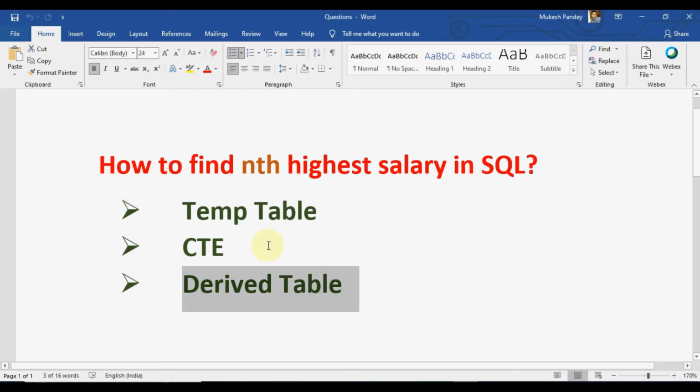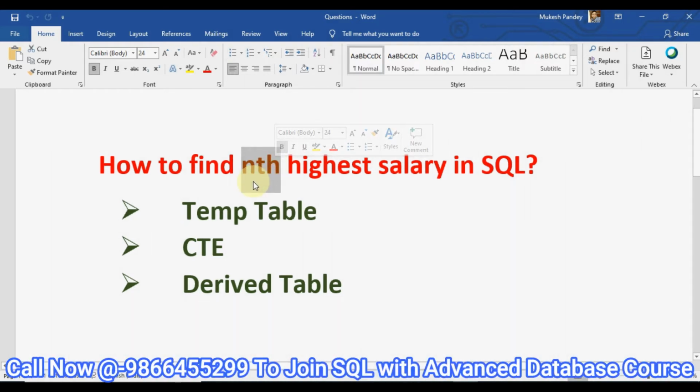We have one important question which, most of the time, if you face any SQL interview, the interviewer will definitely ask you: how can we find the nth highest salary? The reason behind asking this type of question is that the interviewer tries to understand whether the student who came for the interview has the knowledge of writing the code or not.